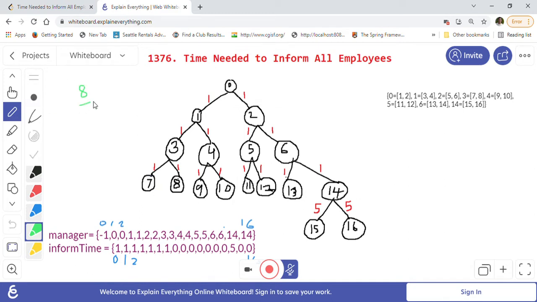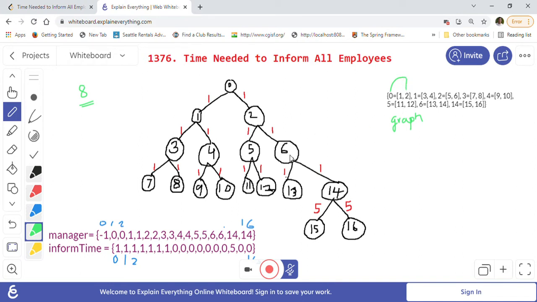So how are we going to solve this problem? First, we will create a graph from this manager and inform time. Graph using a hash map, and the hash map will have an integer and a list. For example, 0 has subordinates 1 and 2, so you can see that 0 has the subordinates list 1 and 2.